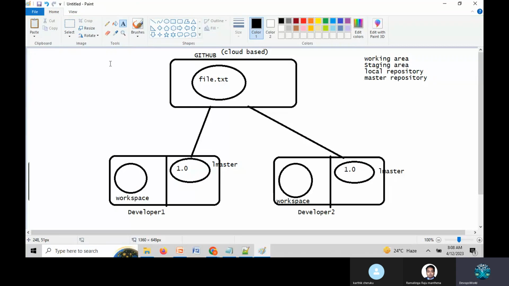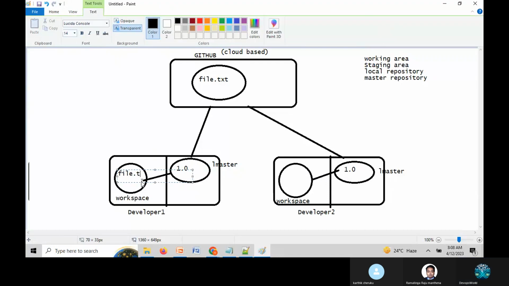Whatever the version related physical files are, they should point here. The physical file here is file.txt.